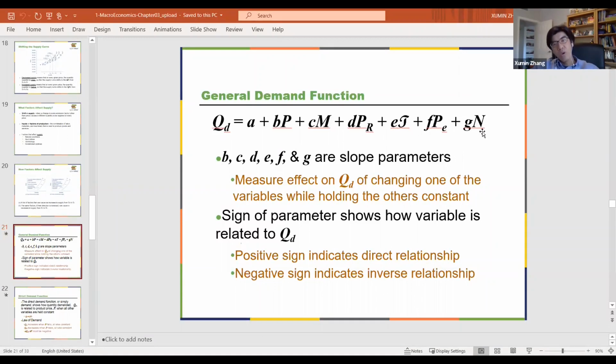So this is the equation to tell you how I can draw this demand curve, okay? This negative slope, or downward slope, of the demand curve. Understand that the previous diagram only shows you two factors: one is the quantity, one is the price, but not others. The others are shifting the curve, okay? All factors shifting the curve. So you need to understand all these are those factors.